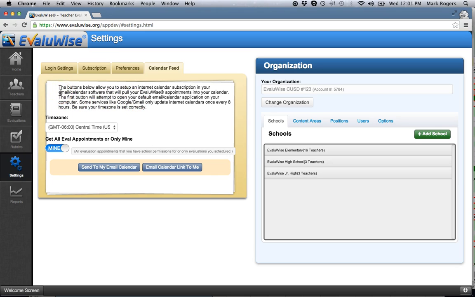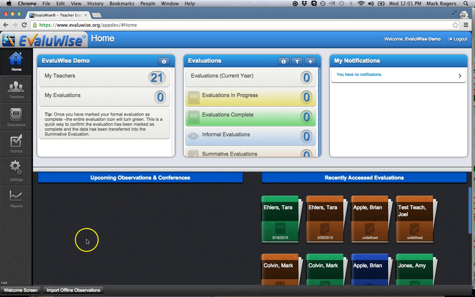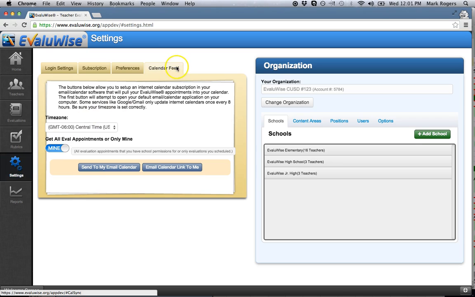As you'll see in this text above, it tells you about what actually happens here. So it basically pulls your Evaluwise appointments into your calendar. So that would be any appointments you have scheduled on this front page here, which right in this section you don't see any currently. And it will pull those into either your desktop calendar or your internet calendar like Google,